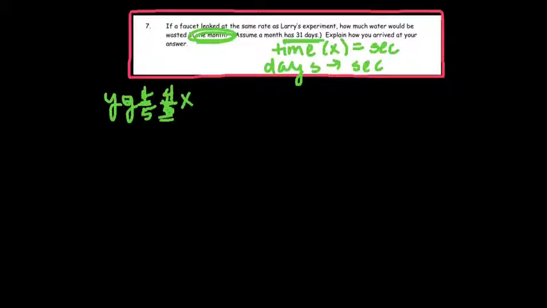So let's start with that 31 days. First of all, to convert days, the next smallest we can go down to is hours. There are 24 hours in 1 day, so that would be 31 times 24, which is going to give me 744 hours in 1 month. All right, so now from hours, we can take it down to minutes. Remember, in 1 hour, there are 60 minutes, so that's 744 times 60, which is going to give me 44,640